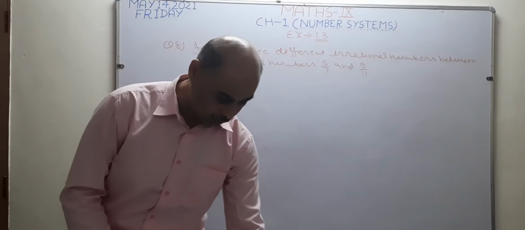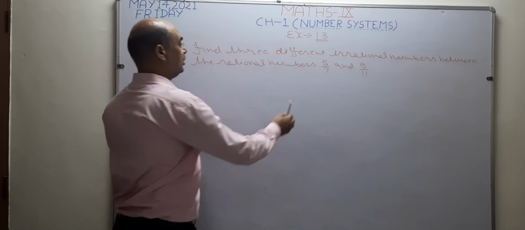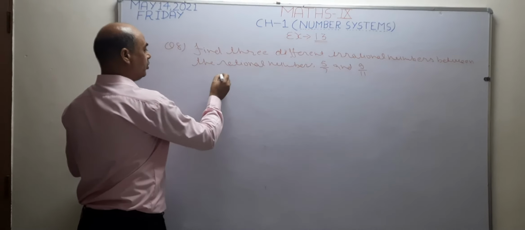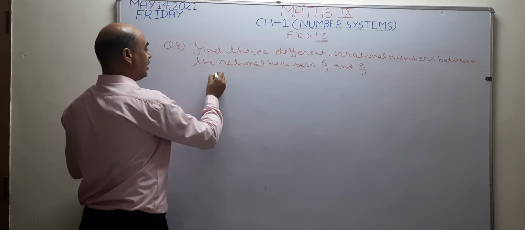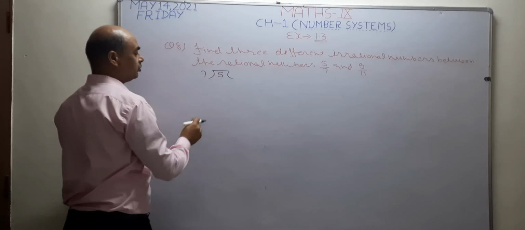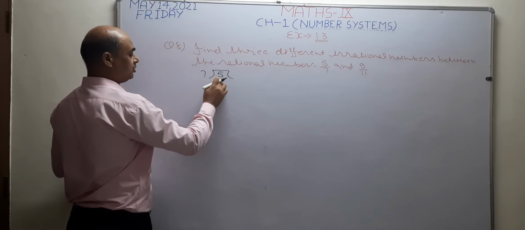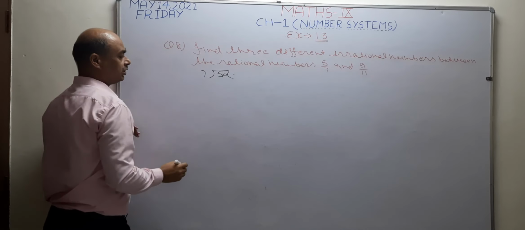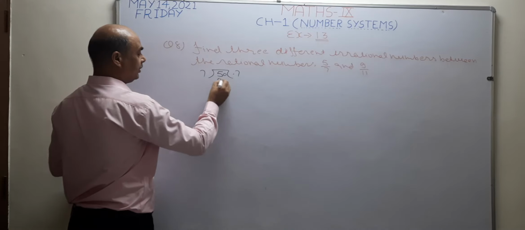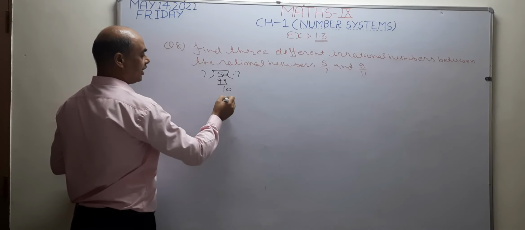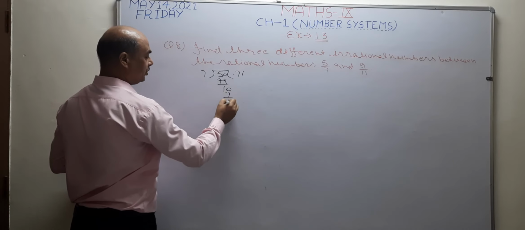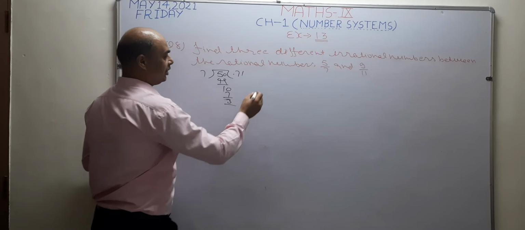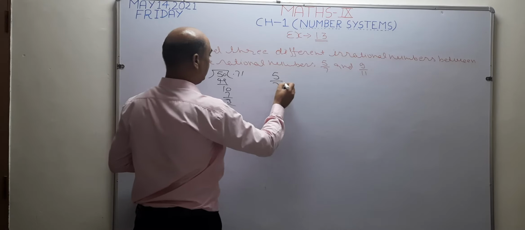For this, I am going to convert these two rational numbers into decimal form. For this, I am going to divide 5 by 7. When I divide 5 by 7, since this number is lesser, I take a decimal. After taking the decimal, 0 is brought down. 7 7s are 49. What is left? 1. I take 0. 7 1s are 7. And the remainder becomes 3. I take its approximate value only. I take it up to 2 decimals.